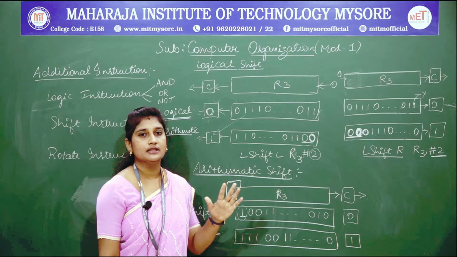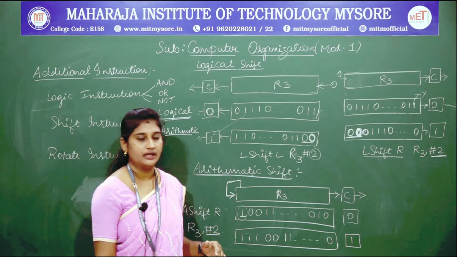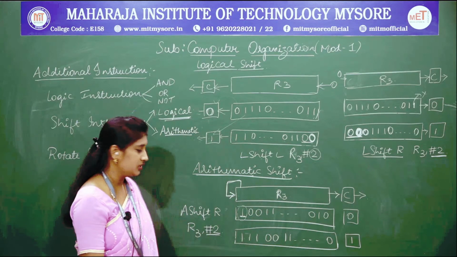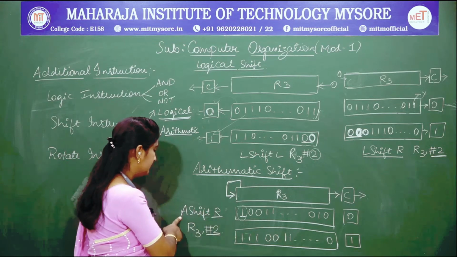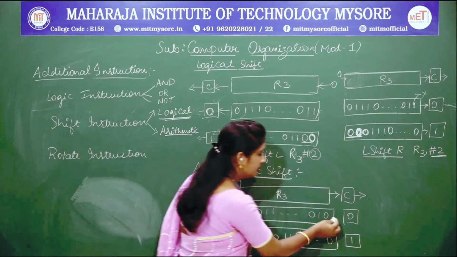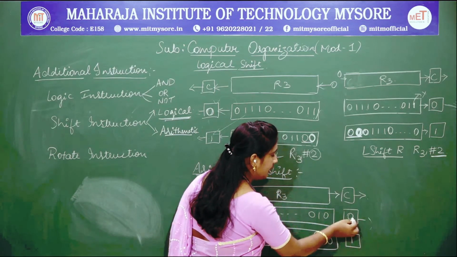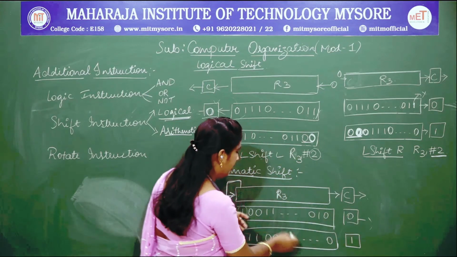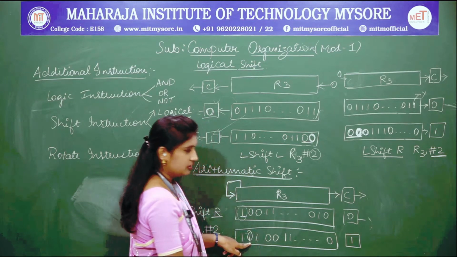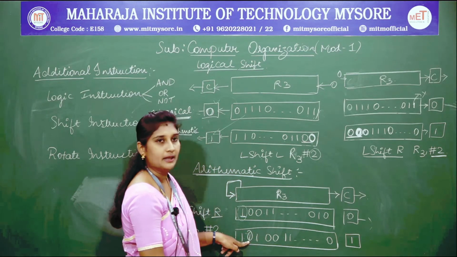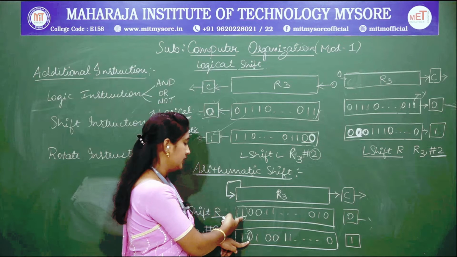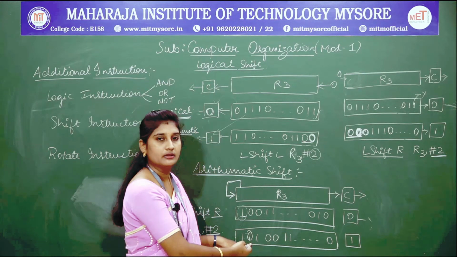Isn't it? Fine. This is the difference between your logical as well as your arithmetic shift. Again, coming on to this example, R3, I will be shifting 2-bit positions towards right. Why? Because A represents arithmetic shift right 2-bit positions. So this carry bit flag is lost. 0, 1, again zeros, 1, 1, 0, 0, 1. This is the first bit position which got emptied. So I am filling up this empty bit position with 1. Why? Because my sign bit in the previous instruction is 1. So I am filling the empty bit with 1.